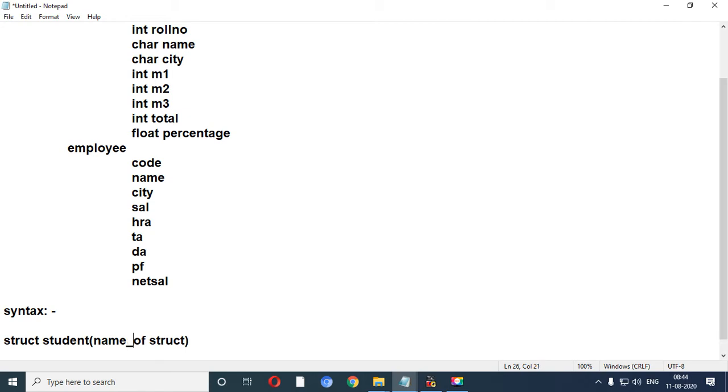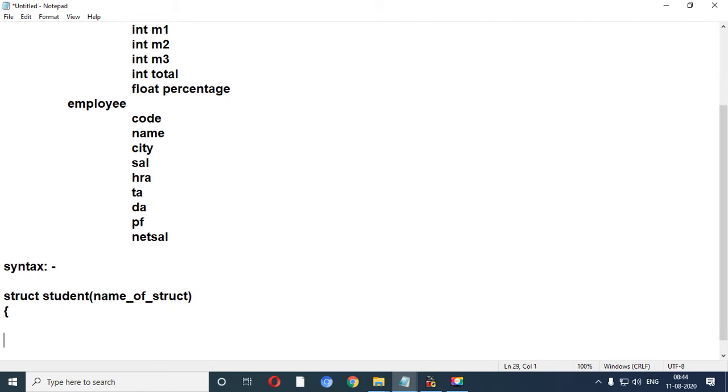Student is a name of user defined structure. Then opening and closing bracket. At the end of closing bracket you need to put a semicolon. Then list of variables related with the defined structure.